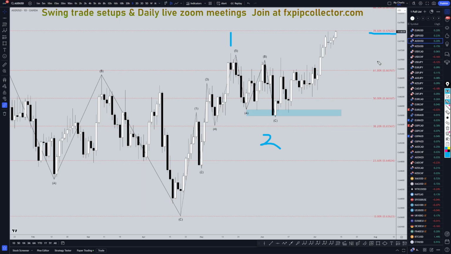We do have CPI interest rate coming out today for the US dollar, which is going to be very, very volatile for the dollar, I would imagine. Maybe it will cause a push down, but even if it does cause a push down, I really am confident that we're in a wave 3 and that it will continue to make higher highs, higher lows.